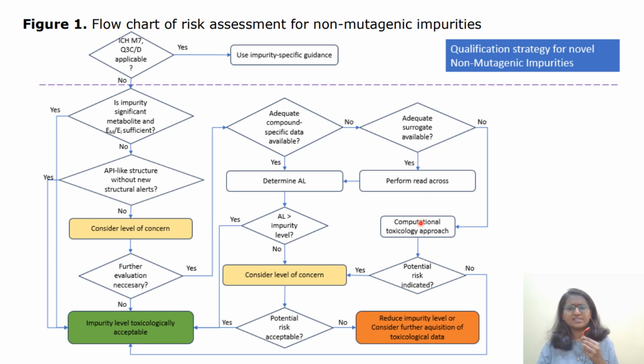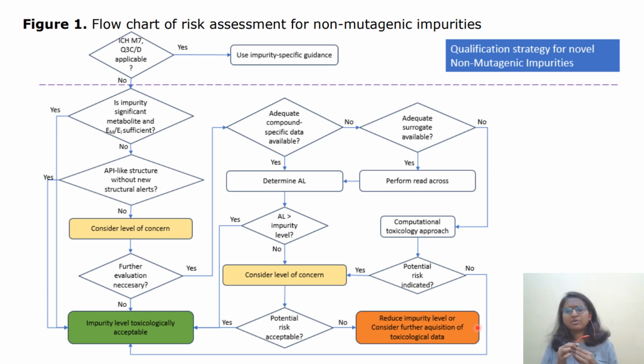Like this, I'll try to discuss some case studies in upcoming videos. If you are able to perform read across for that non-mutagenic impurity, you derive an acceptable limit based on that read across data. If the acceptable limit is greater than the impurity level, yes, then you have to directly qualify. If no, again you have to consider the level of concern. There is a table, as I said. If the potential risk is acceptable, yes. If it is no, then, as a last option, you have to either reduce the impurity level, which means you have to change your process, the way you are synthesizing that particular API, or